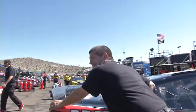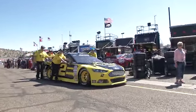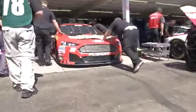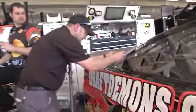Come on, it's the West Coast. Smile. And you see Brad Keselowski's new paint scheme coming by. The Alliance Truck Parts black machine. Oh man, that thing is pretty groovy looking. Hey, why don't we put the sticker on the car here? Yeah, why not? That'd be fun. This will be the second time we've had a sticker on a car out here. That's kind of cool, seeing some of the teams wanted to support